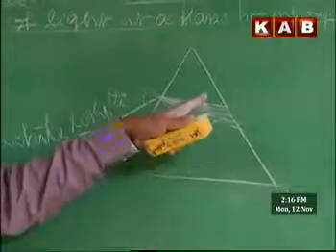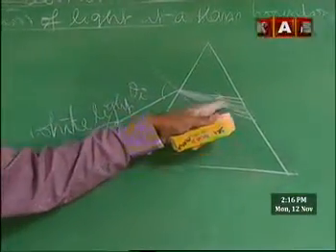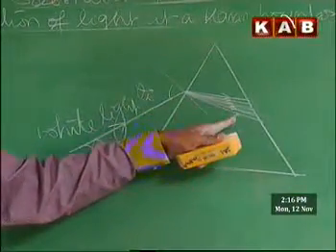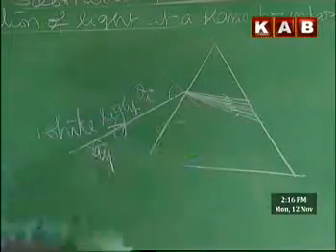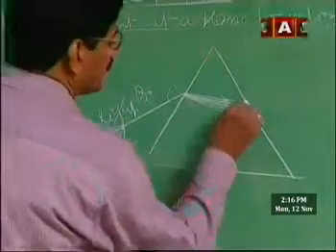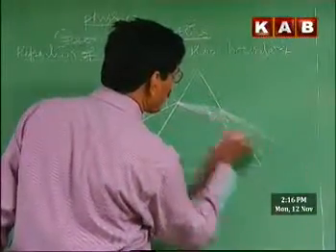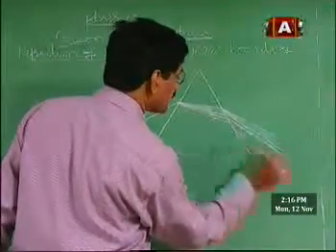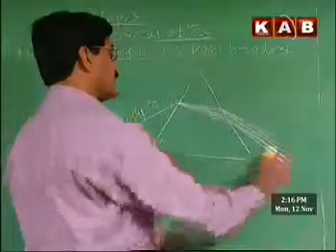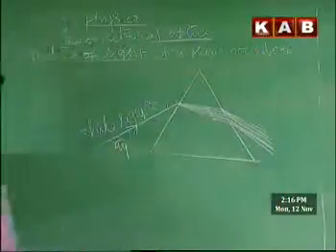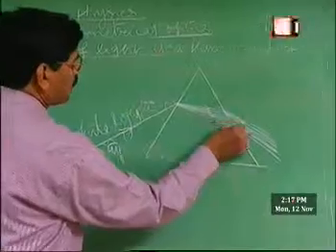At the next boundary, by that time, they are individual wavelengths, single wavelengths. These are monochromatic light rays. Therefore, there is no further splitting, but there is further deviation. So these rays undergo deviation. Ultimately the rays come out like this.